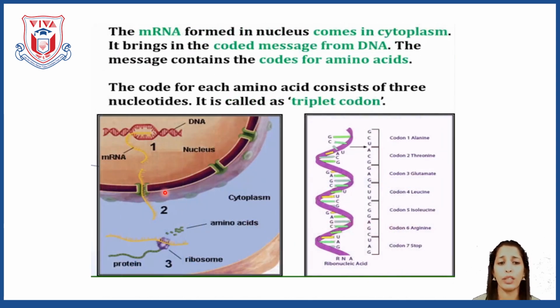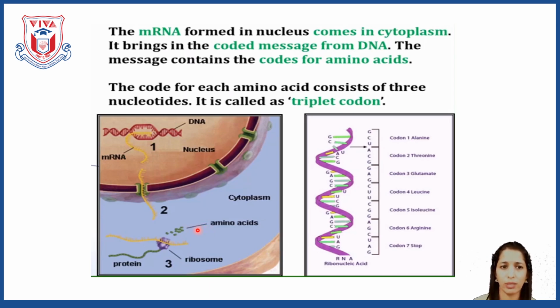Now, this mRNA you can see here, it comes out from the nucleus, it comes into the cytoplasm. Now, it brings in the coded message from the DNA. DNA already had some coded message. It formed the mRNA. Transcription process is done. Once this transcription is done, this mRNA comes out from the nucleus, and the mRNA message contains the codes for